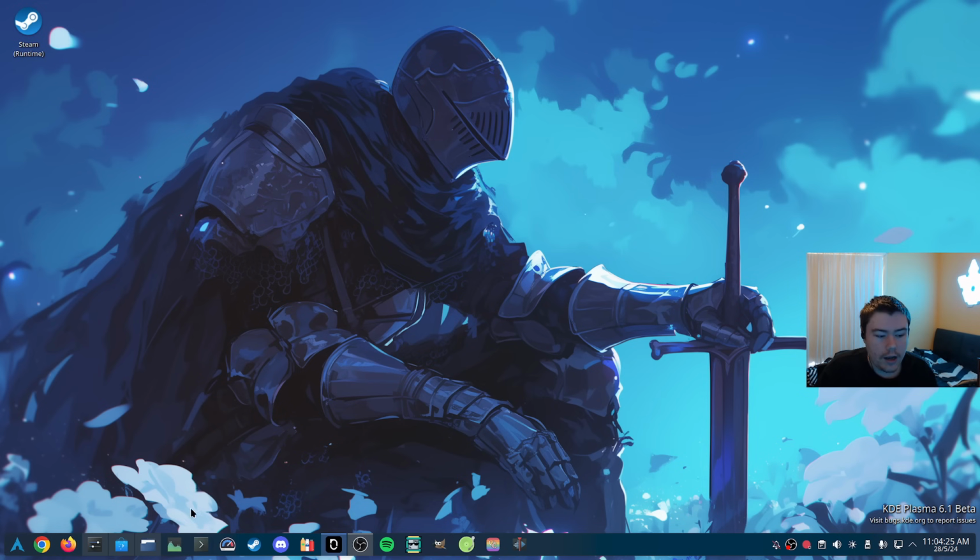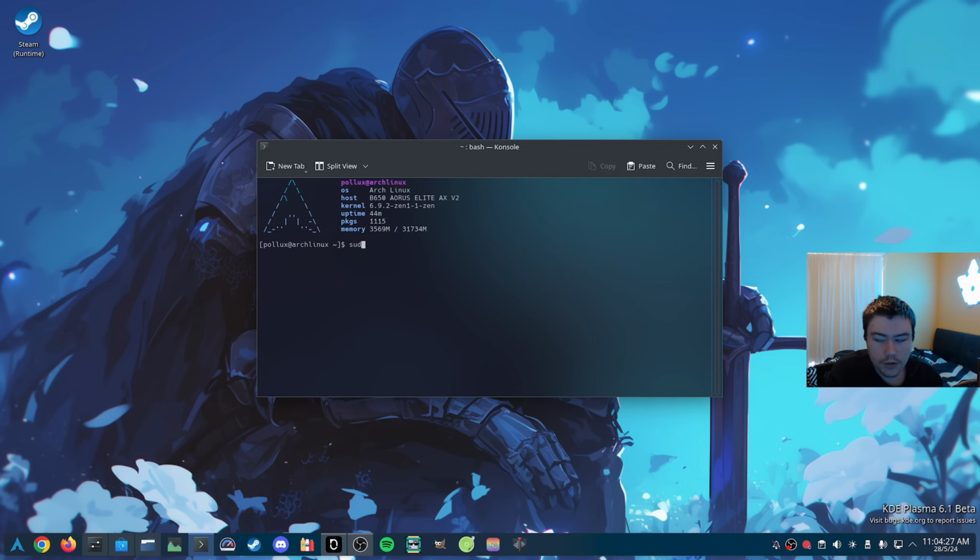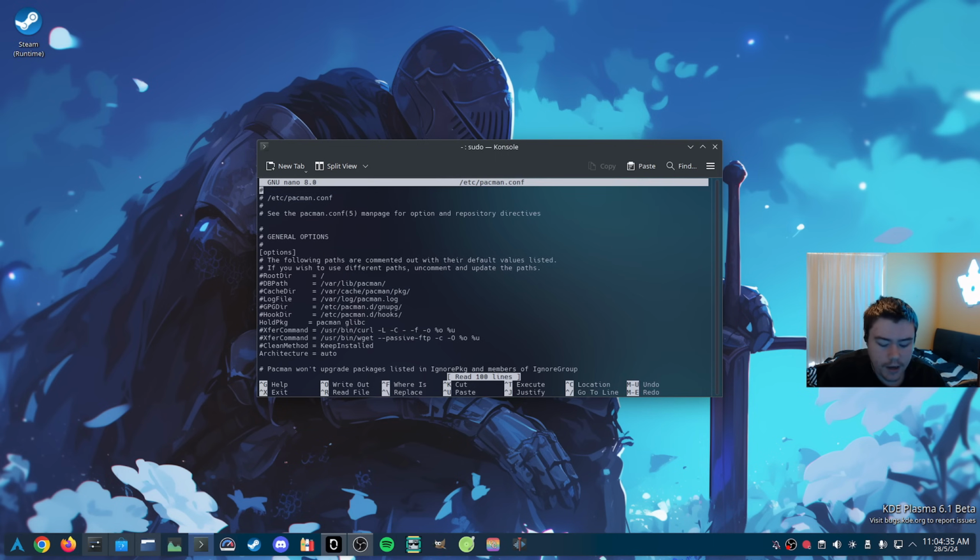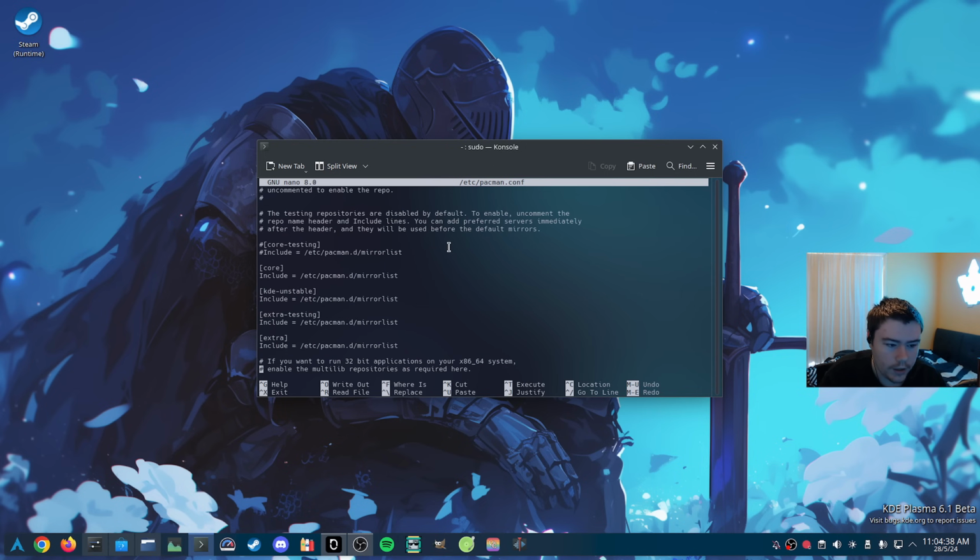But on Arch, what we want to do is open up our terminal and run sudo nano /etc/pacman.conf, enter your password, and then scroll down. We want to enable the KDE-UNSTABLE and the extra testing repos. I put KDE-UNSTABLE above extra testing so it doesn't interfere with extra testing, and when applications do go into extra testing, we can just hash out the KDE-UNSTABLE option here,